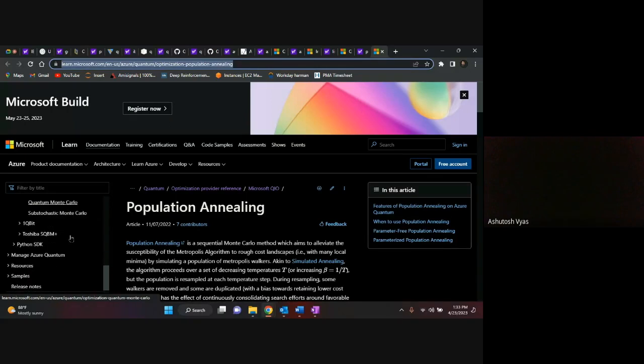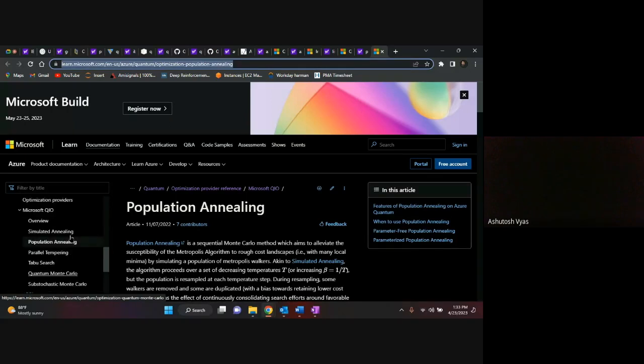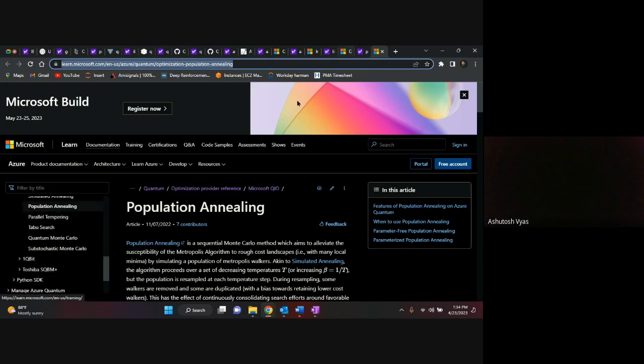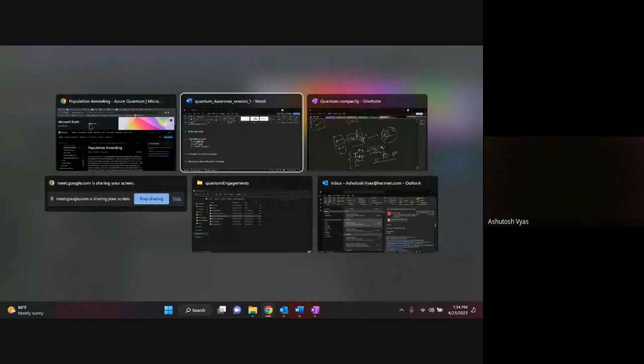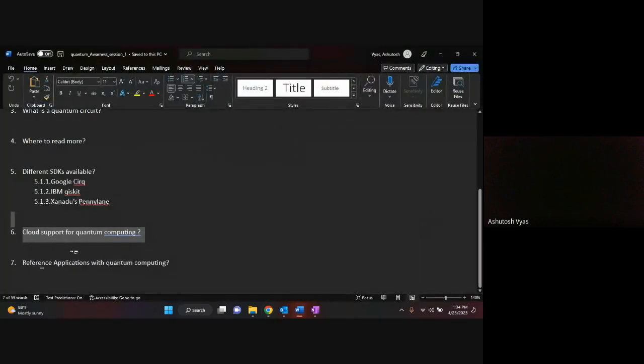So again, if you're using these mechanisms, you should be very, very assured. First, read about them, see how theoretically they work. It also depends, and it has come out in my research, that you should know what you're solving, and then select the proper optimizer, right? So that is how it works. Having said that, I think this is also done.